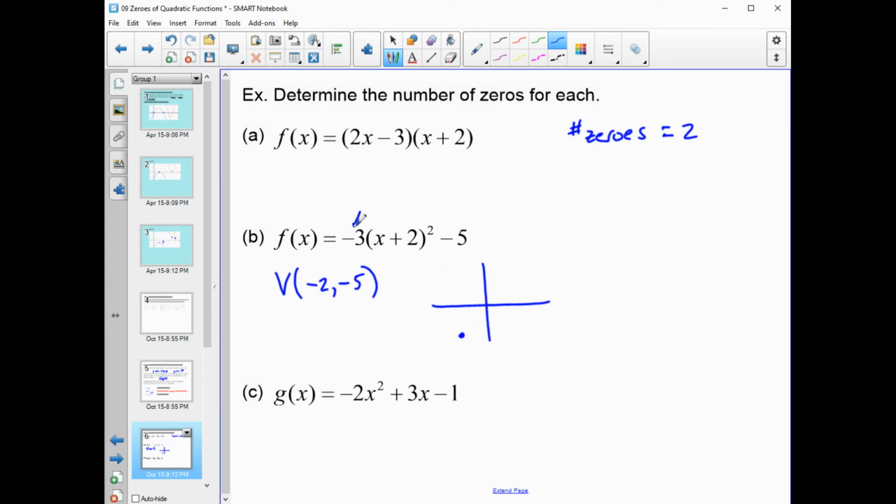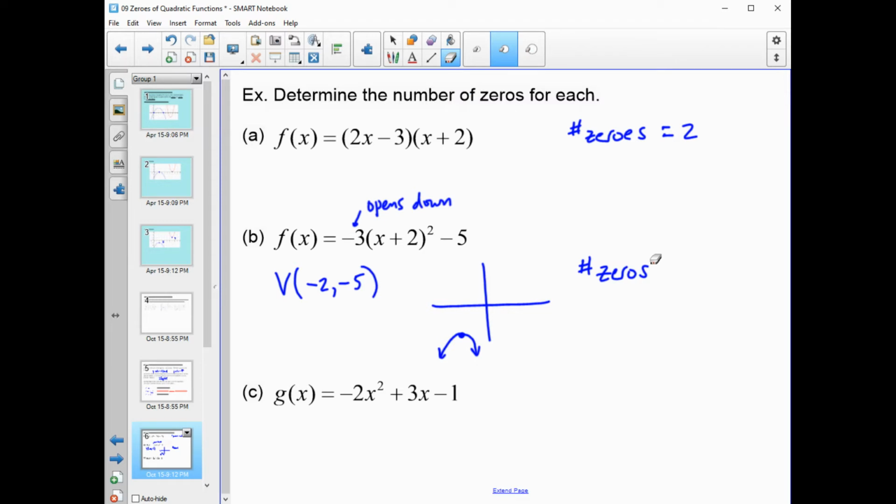And we notice that we have a negative leading coefficient. And that means that this particular parabola opens down. And so again, either sketching it out in your rough work or just visualizing it, our parabola is going to look something like this. And so the number of zeros in this case,